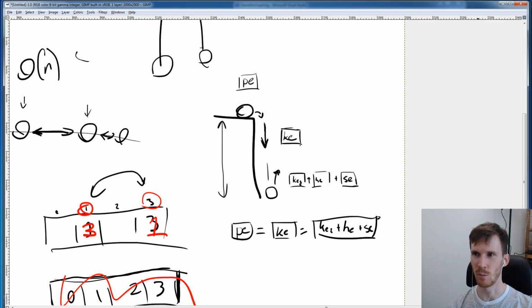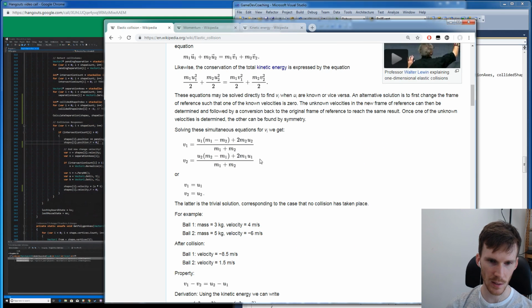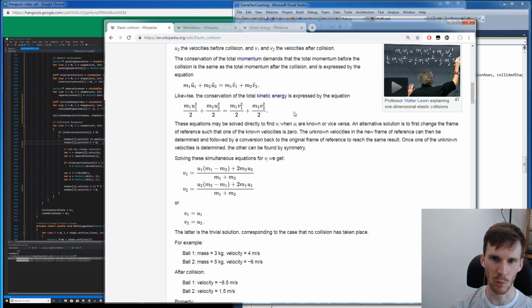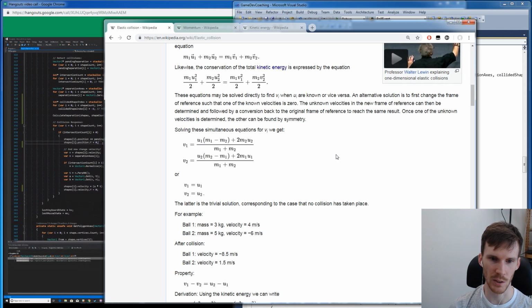Eventually, if we wanted to be really accurate, we could simulate the transfer of some of the energy into heat and sound. When we do inelastic collision, that will be part of what happens. So let's take the equations. If we were to plug these into, say, Wolfram Alpha and solve them for V1 and V2, the final velocities, we get this out the other end. This is what we're going to program in. Or we get this one, which is the case where they never collide, as you can see. So there are two possible correct solutions to this set of simultaneous equations,